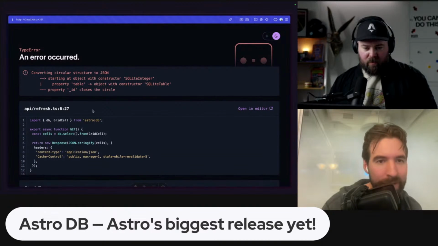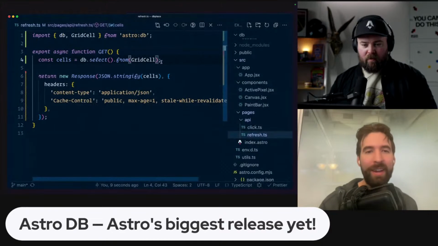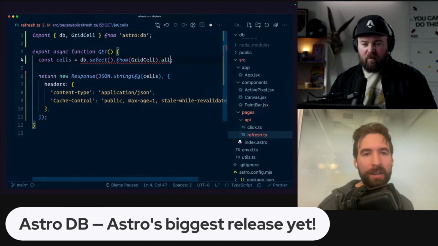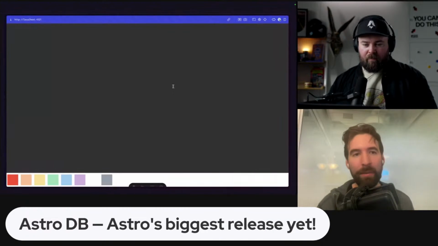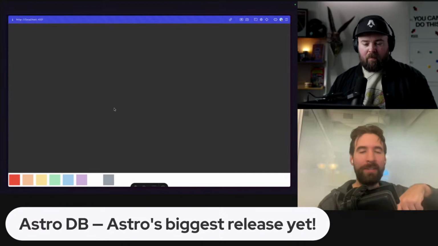Converting circular structure. So I screwed something up here. It might literally be what I just saw. Try that .all. Yeah, it's probably not a full query until you do that, because there's .get, which is like give me a single thing. There it is. Okay, so now if you go to the seed file, let's change the color to anything